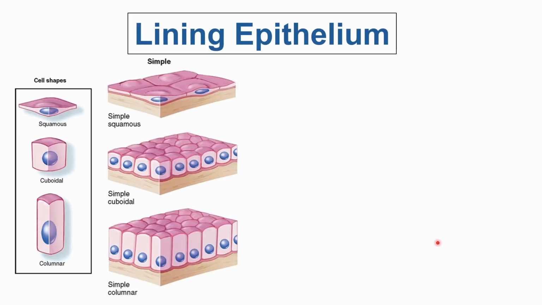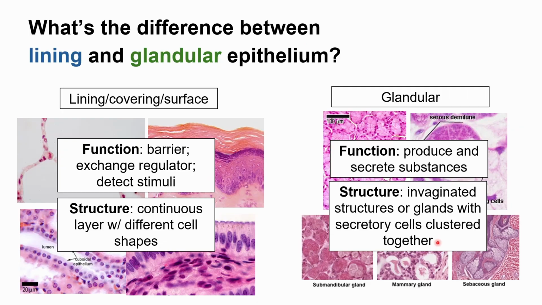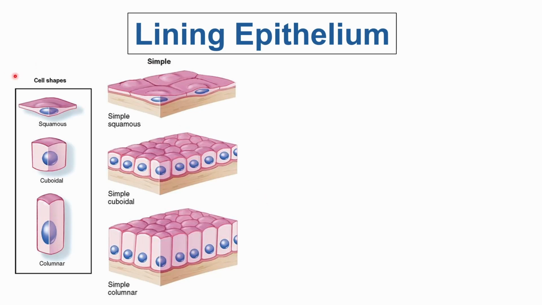For the lining epithelium, it's very simple, no? The nomenclature, or the way we identify, name, or categorize the lining epithelium, or the barrier-lining, sheet-like version of your epithelium, would be first via the shape of the uppermost cell layer. Second, it is based on the number of these cell layers.